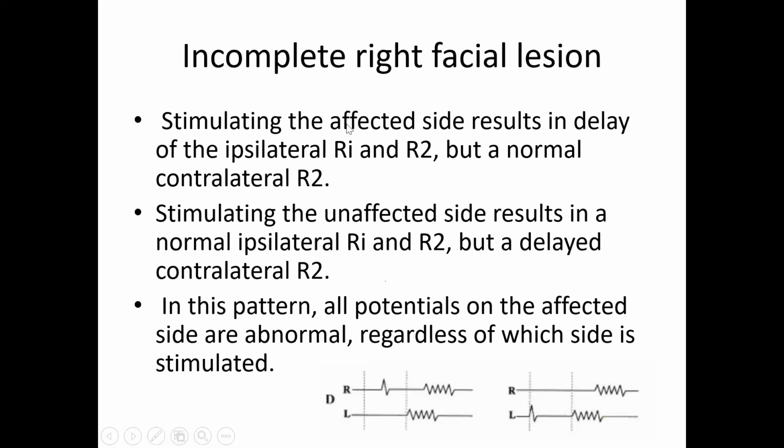This is the basic. Okay. So with ipsilateral R1 and ipsilateral R2, there is a delayed latency, but the latency of the contralateral R2 remains normal because that side's facial nerve is normal. Okay. And stimulating the unaffected side, suppose you stimulate on the left side, the ipsilateral R1, R2 will be normal